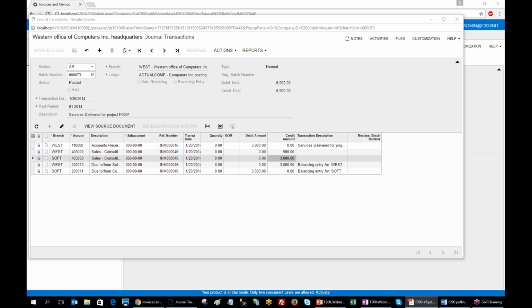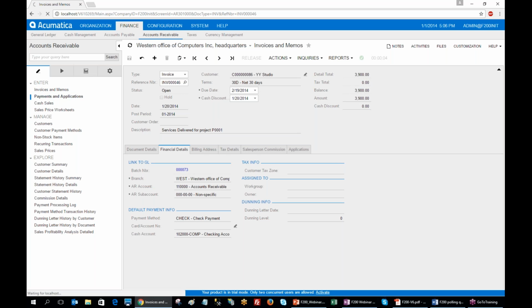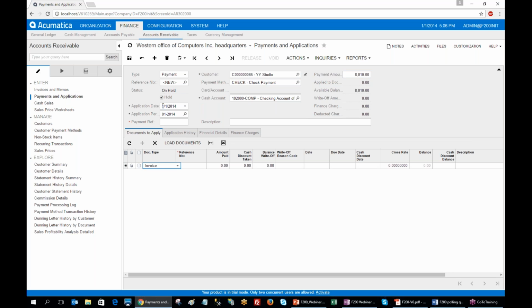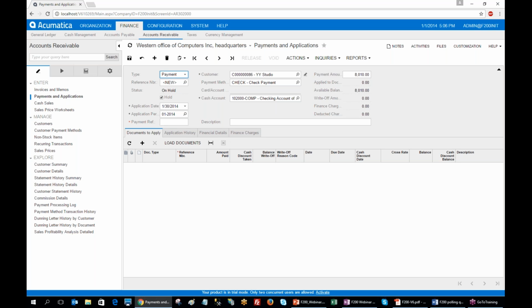So let's go ahead and now receive a payment on the West branch from YY Studio. So I'm going to click on the payment screen. On here, I'm going to select YY Studio. And it's going to be a check on the comp branch, 8010 is the amount. The date is going to be 01/30/2014 and the payment reference